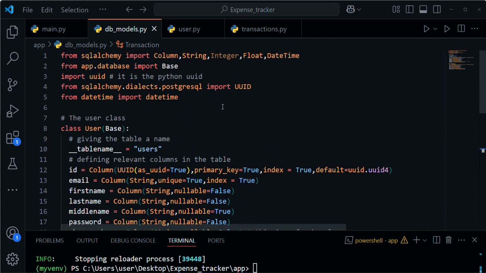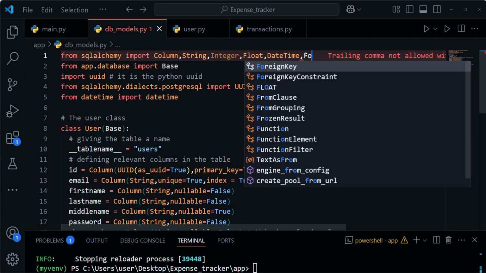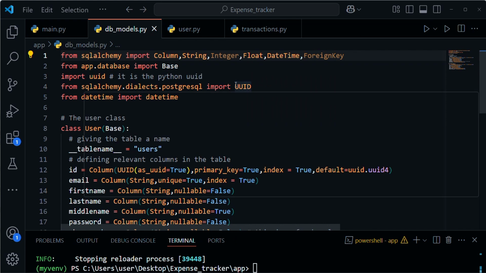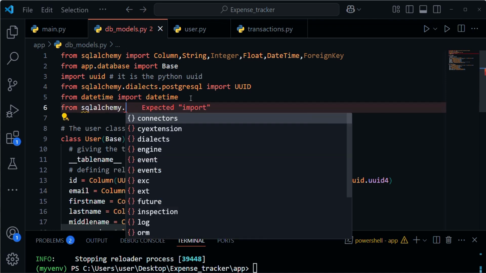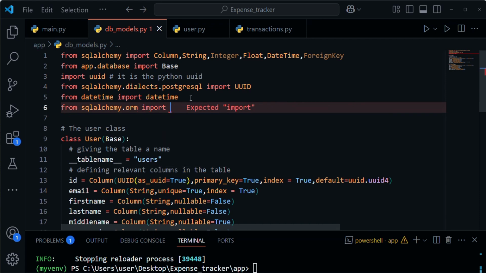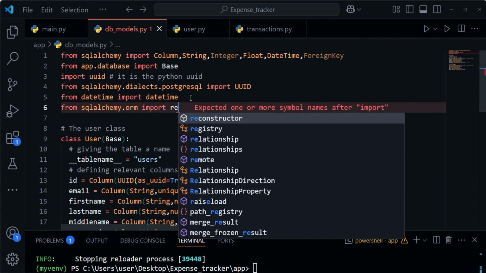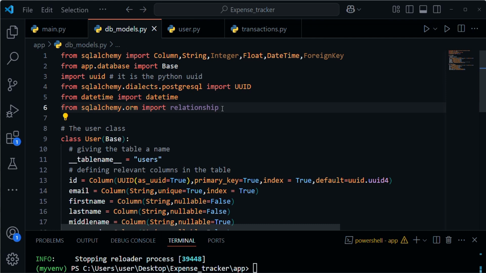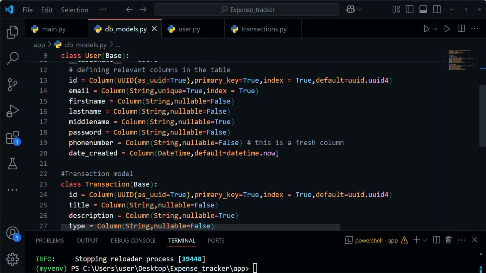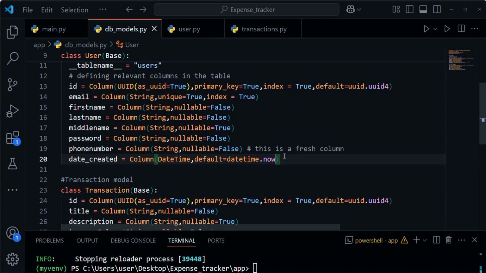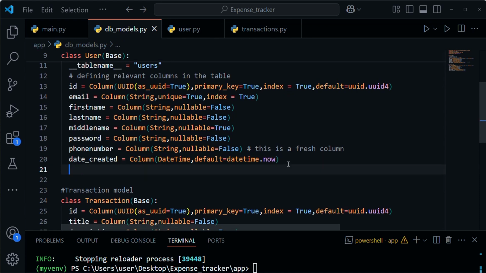We are going to import some stuff from SQLAlchemy. We are going to import something called ForeignKey. When we are using it, I will explain it to you. Then the next thing also, from sqlalchemy.orm import relationship. Yes, we are going to use it to set the relationship between the two tables. Okay, now how do we set that relationship? So one next column that we have for this particular user is going to be like a column